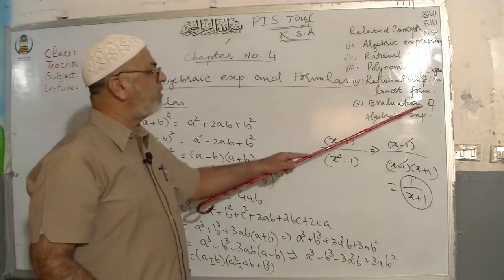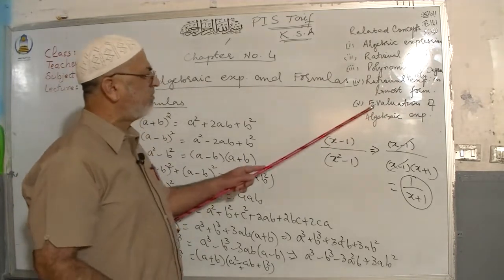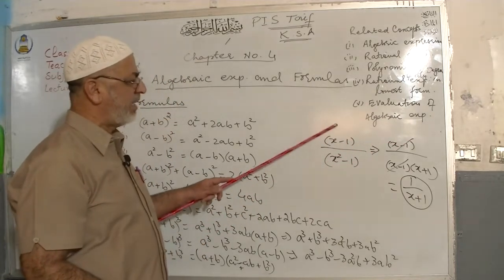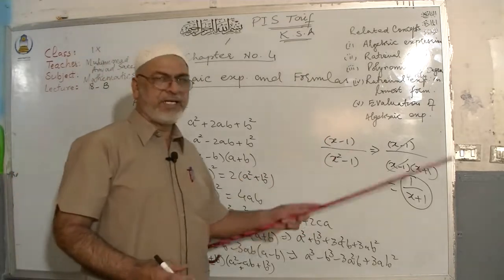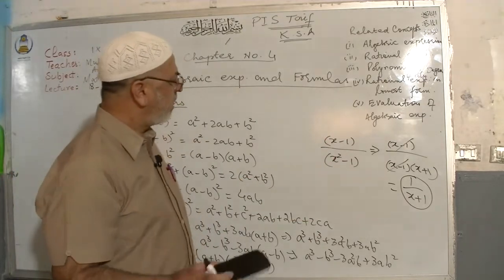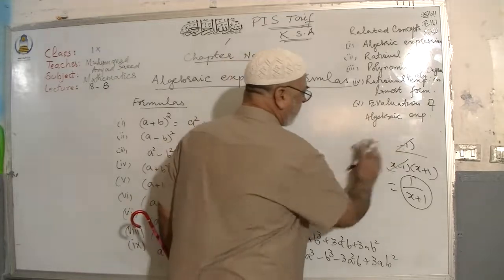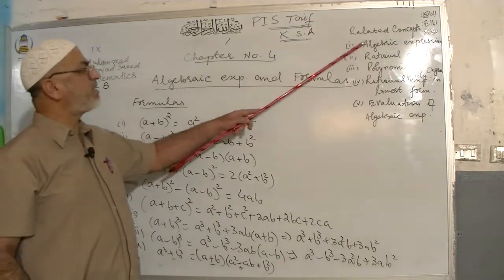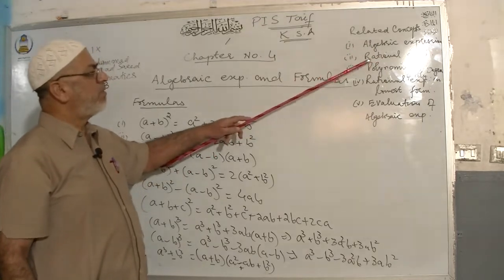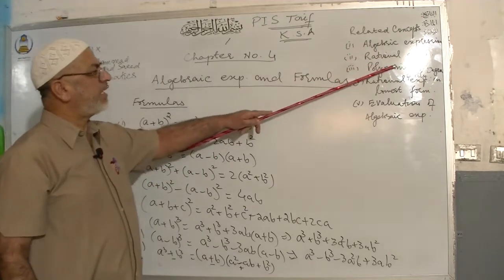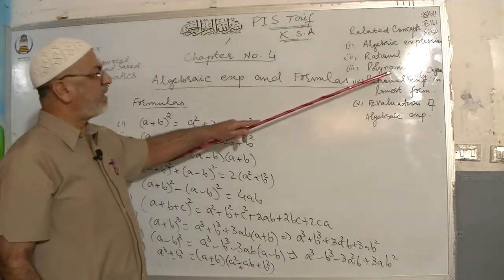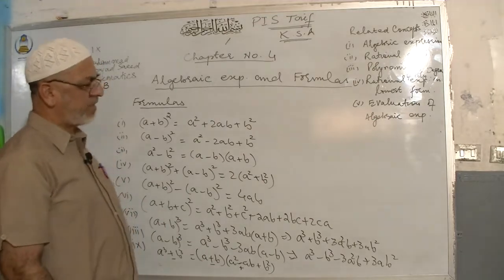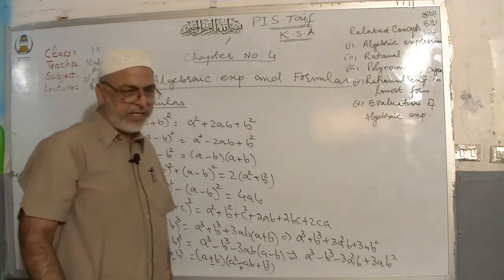After that, evaluation of algebraic expression. In case of evaluation of algebraic expression, simply you will use the value of x and y and calculate and then find the answer. I hope that you have a better idea about the basic concepts of algebraic expression, rational expression, polynomials with the different types, and degree with different types, and rational expression in lowest form, and evaluation of algebraic expression. Now my dear students,